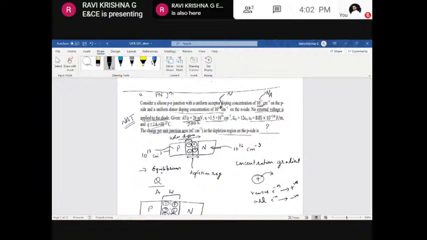Nd is equal to 10 to the power of 16 per cubic centimeter, and Na is equal to 10 to the power of 17 atoms per cubic centimeter. If you substitute all this, with Ni equal to 1.5 into 10 to the power of 10 and kT by Q equal to 26 millivolts, you will get